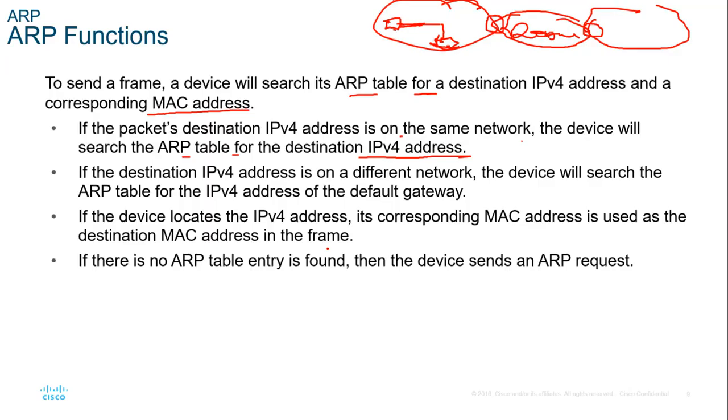If no ARP table entry is found, then the device will have to send an ARP request. And an ARP request is always sent in the form of a broadcast,